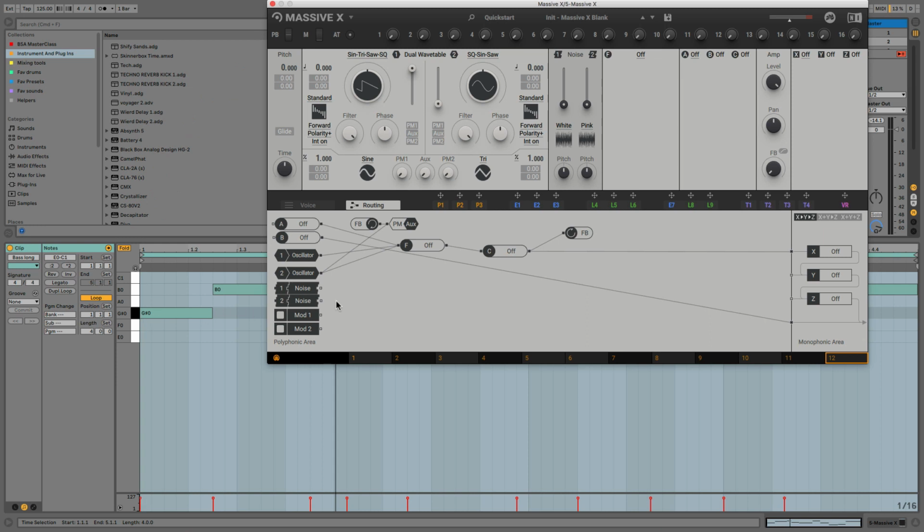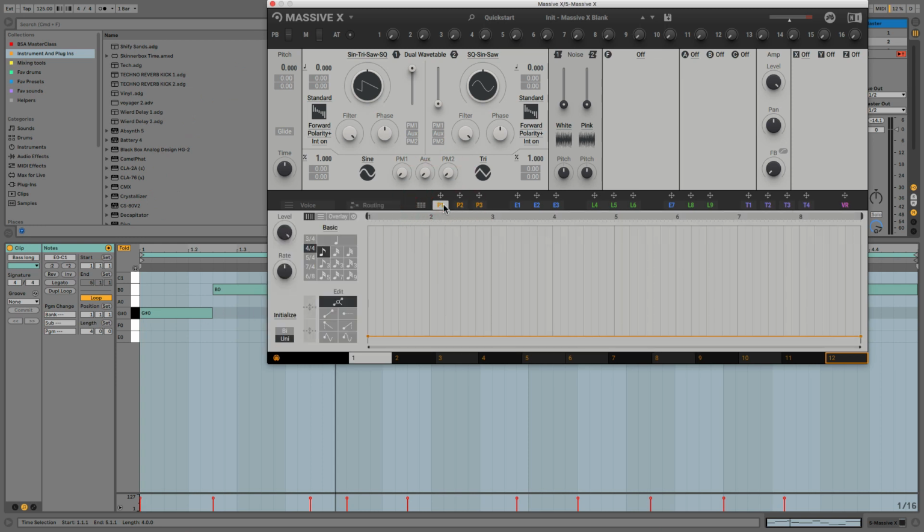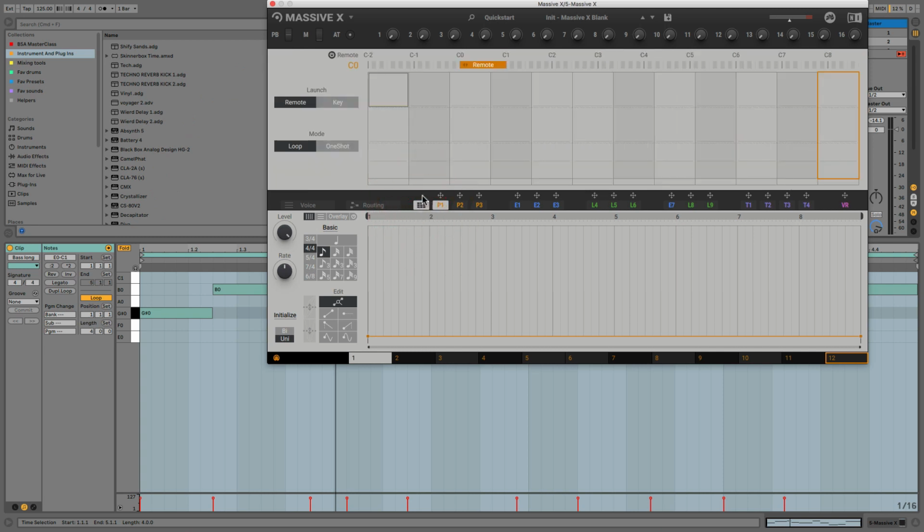The reason being is if we click on our P1, which is our performer one, and we go into the performer routing window, we can see that the remote to remotely control these different performer scenes is set from C0 to C1. So anything in the 0 octave will be on this remote to trigger the performer scene. So I'm just going to shift it all the way down there. So now if I press play again,